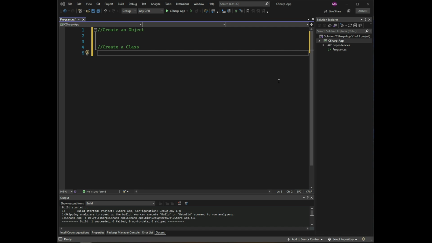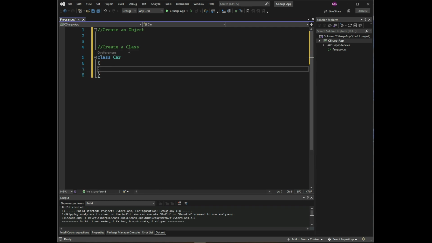A class is like an object constructor or a blueprint for creating objects. Let's create a class named Car with a variable Color. So, public string Color equal to "red". And when a variable is declared directly in a class, it is often referred to as